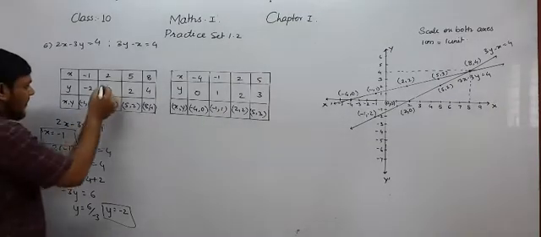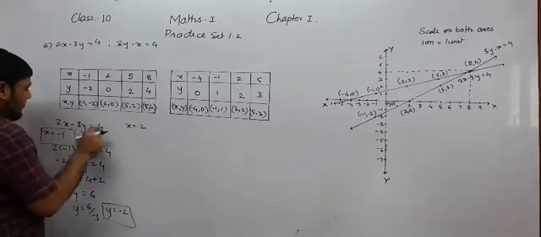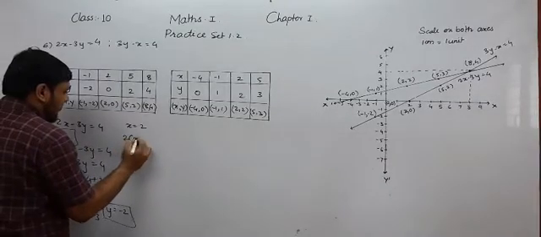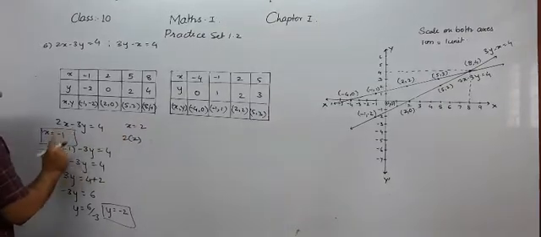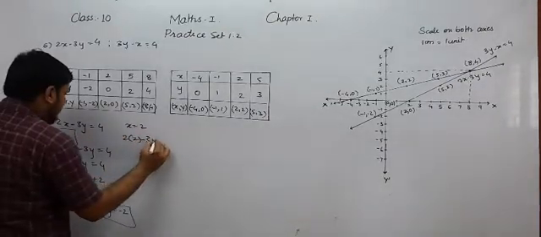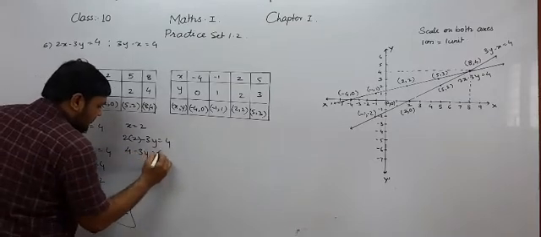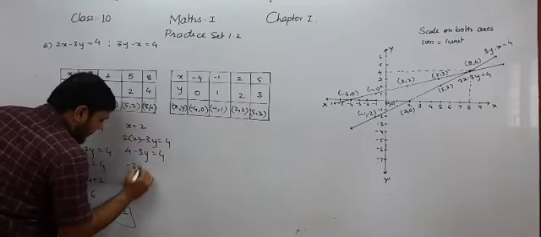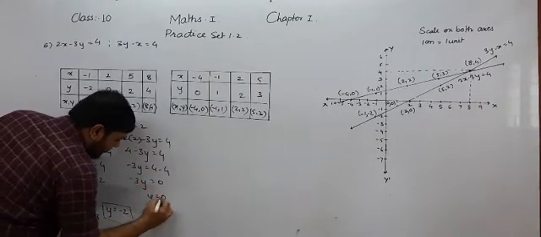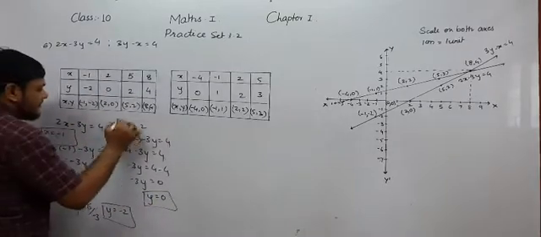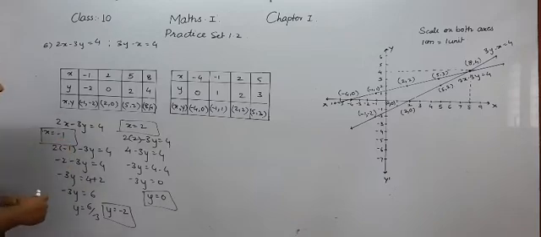Now students, we will try to put x equal to 2. Here 2x minus 3y equal to 4, so 2 in the bracket 2, since x is equal to 2. So 2 into 2 minus 3y equal to 4. 2 2s are 4, so 4 minus 3y equal to 4. So minus 3y equal to 4 minus 4, minus 3y equal to 0, so y equal to 0. If the value of x is 2, then the value of y will be equal to 0. So the next ordered pair is 2 comma 0.